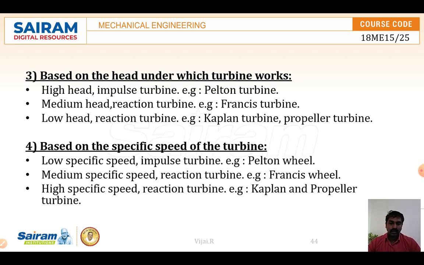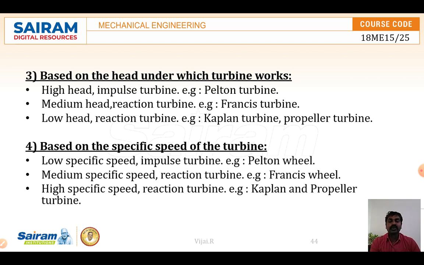So pressure is limited to that, and low head turbine is a reaction turbine. It's a Kaplan or propeller turbine, around 25 bar. Some bore pressure is limited over here. And based on the specific speed, the rotation of the turbine, when it rotates very fast, we call it low specific speed, medium specific speed or high specific speed. The impulse turbine, the Pelton wheel, is a low speed turbine, and medium speed is the Francis turbine we can take.